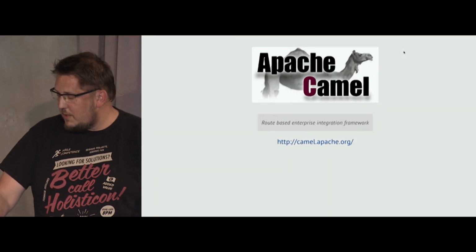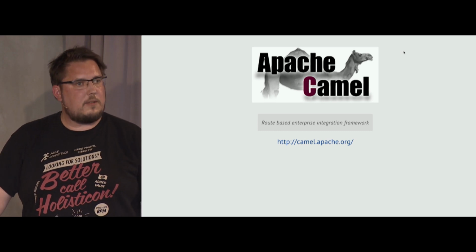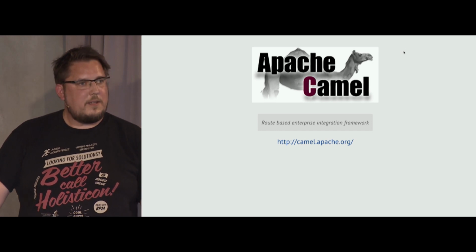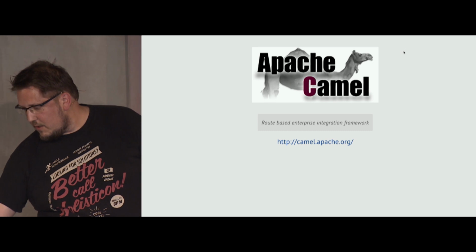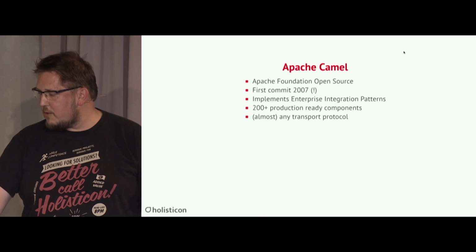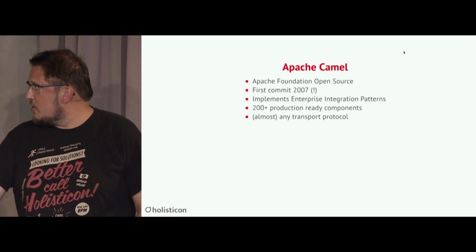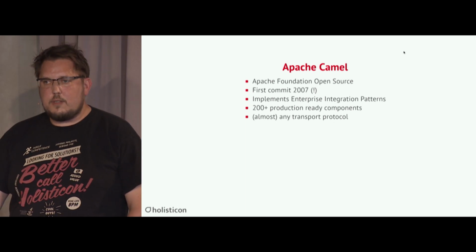Okay, third product buzzword. Who is familiar with Apache Camel? Great, more than I expected, because I wasn't aware of Camel. I thought it was some old school legacy stuff that you do not use anymore because it's first committed in 2007 already. But it's actually pretty cool software from what I found out over the past month, because